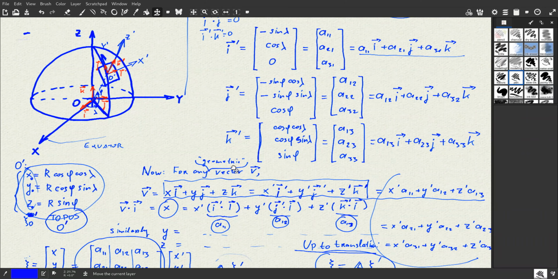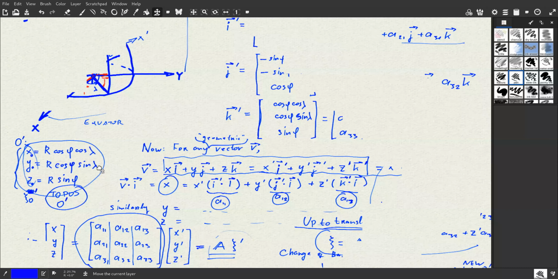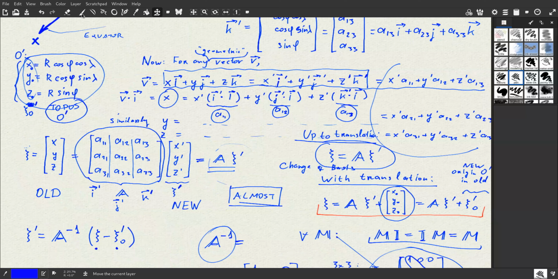So if instead of I prime, J prime, K prime, please look here, right? If instead of that, we would just, for example, swap the third and the second column and construct our matrix as the column for I prime, then for K prime, then for J prime, then it would have the determinant